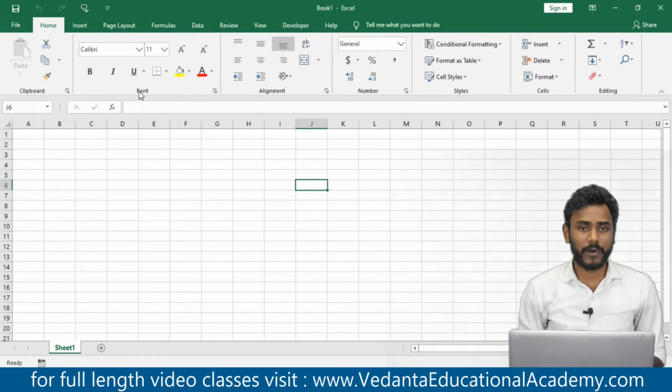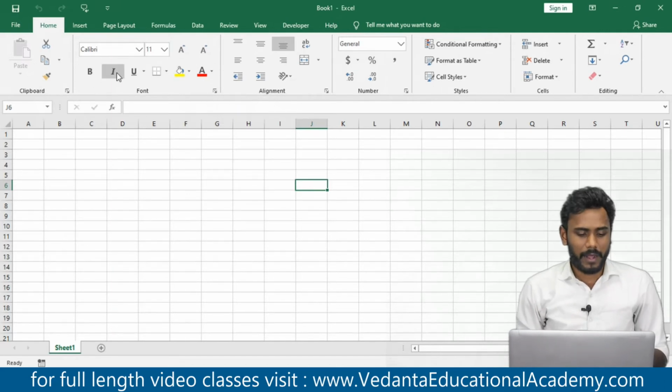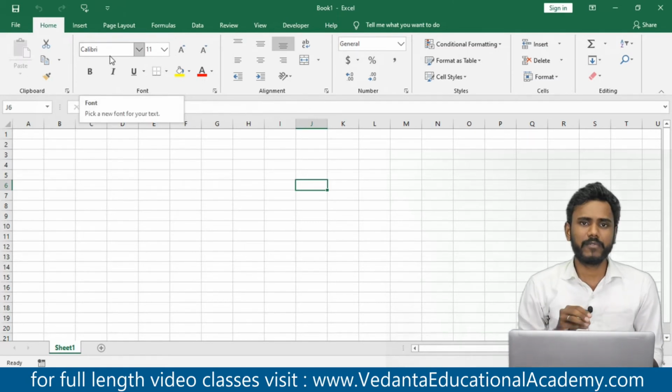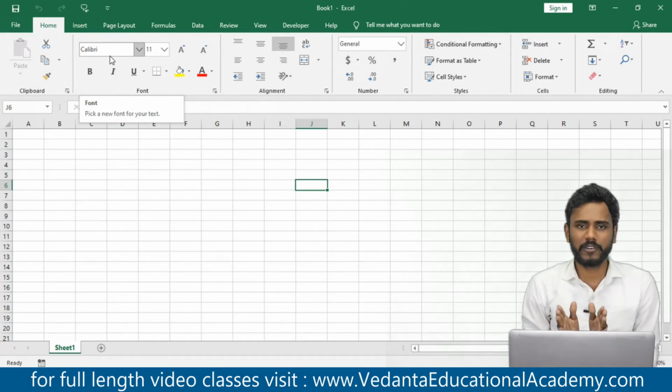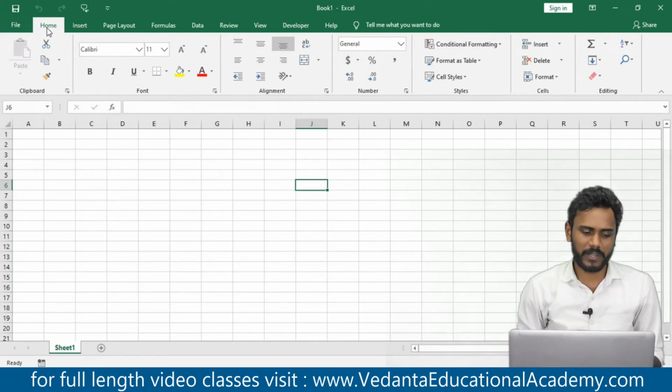So here in the font group, we may see font face, bold, italic, underline, color fillers, color handlers, right? And when you go to alignment, there is right alignment, left. So here I would like to create a document where I often use font faces, shapes, images and charts. While you are creating a document, first you need to change a font face. So what we'll do, we'll just go to the home menu.